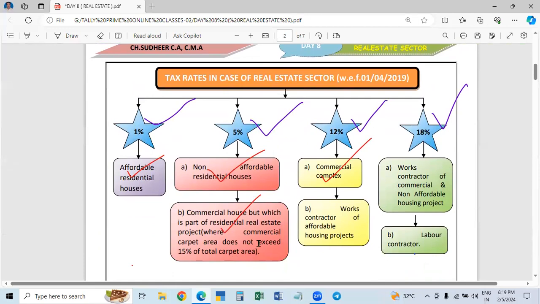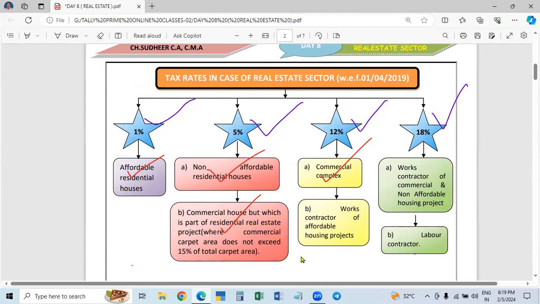So that we completed. When it is charged, then the real estate commercial shop is part of the residential building. That means the first floor is a ground floor or something. It is completely shops. And after that, first floor, second floor, third floor. So that is residential. In this case, this commercial shop is part of the residential building.